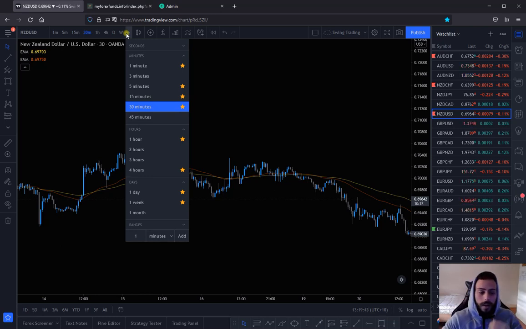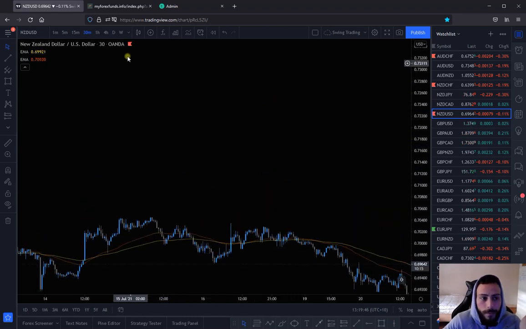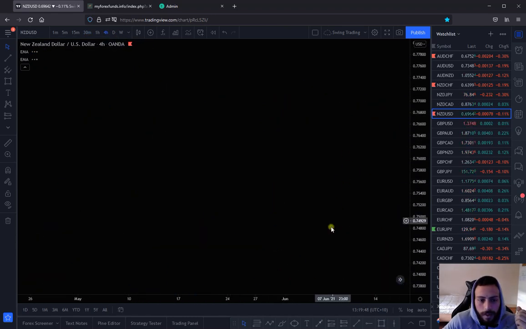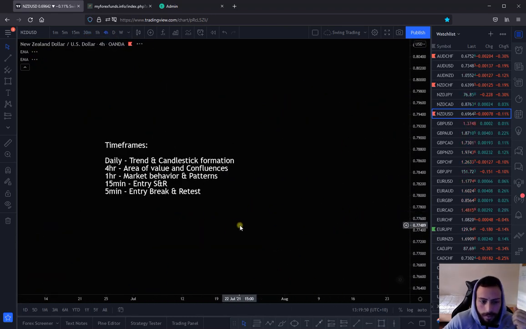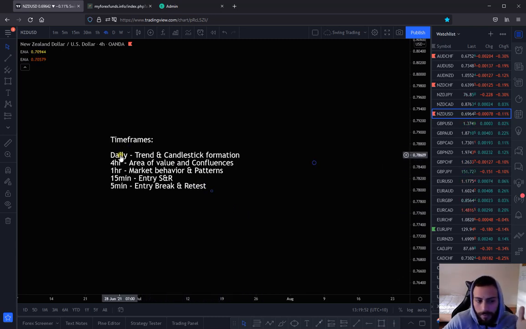Now let's work through exactly what those things are. So I made a list up here for you guys. Basically, these are your timeframes. You've got your daily, your 4 hour, your 1 hour, your 15, your 5. Now, the most important thing to notice is that everything on all timeframes needs to look at the same